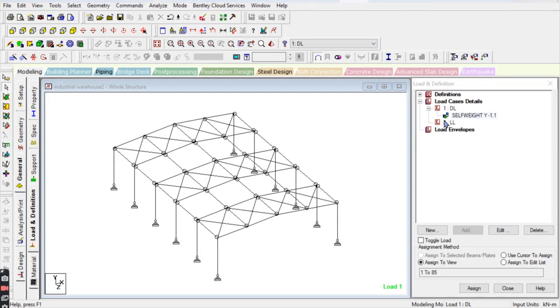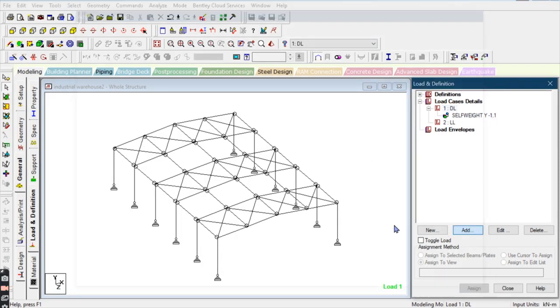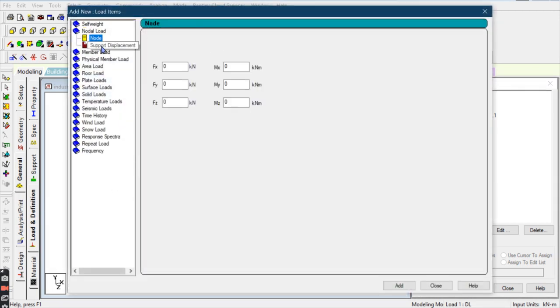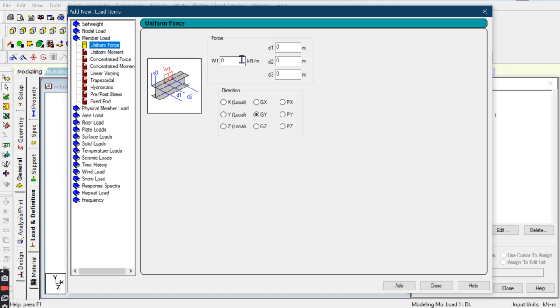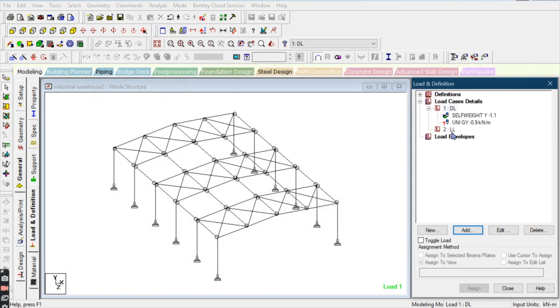So we give the data here: member load, minus 0.90 in the global Y direction, add.